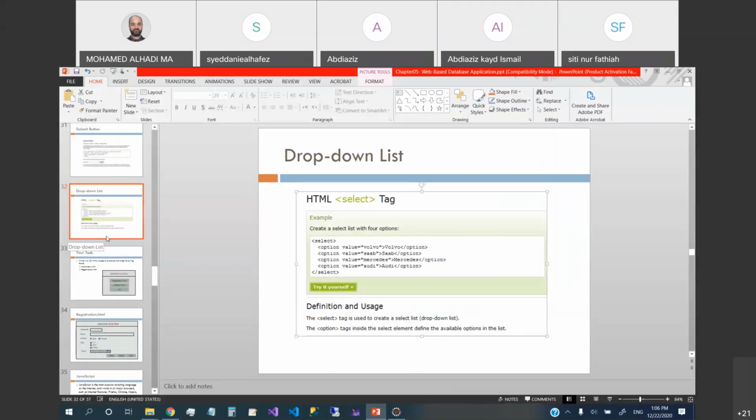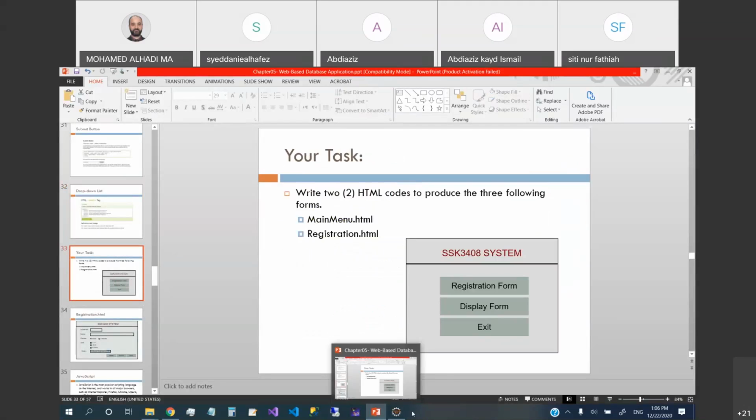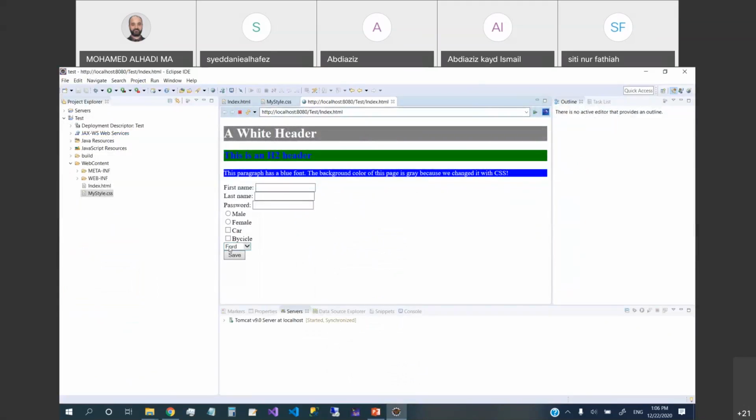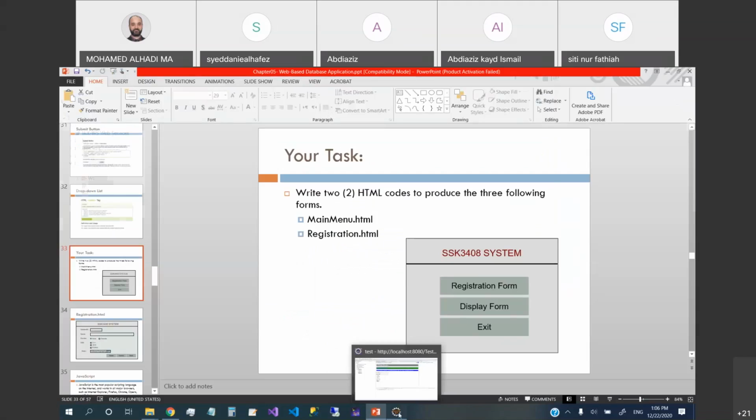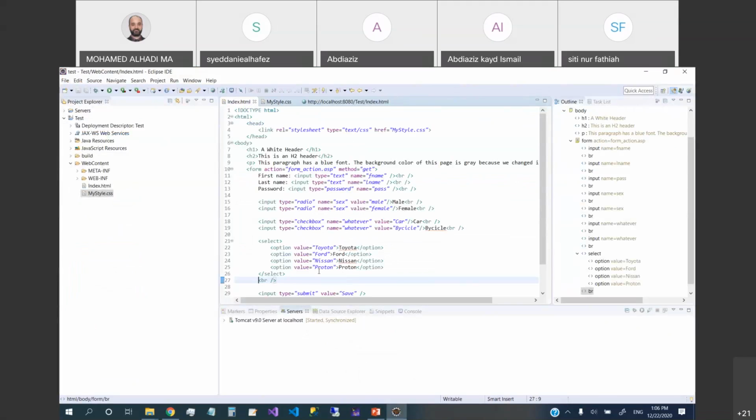Yes, Doctor. Can we change the size? What size? For example, like the box, can we change the size of the box? This one? Yes, definitely can. Here, what you have to do is go to the select, then you write style like this,